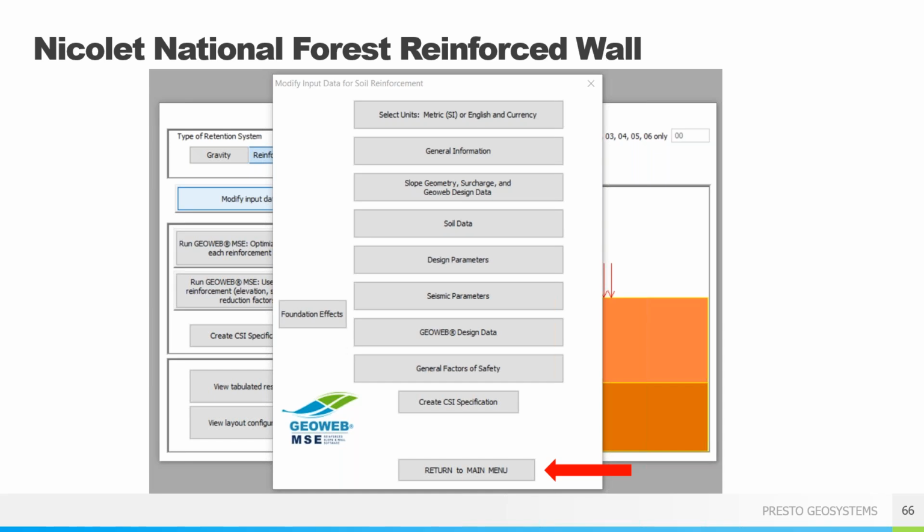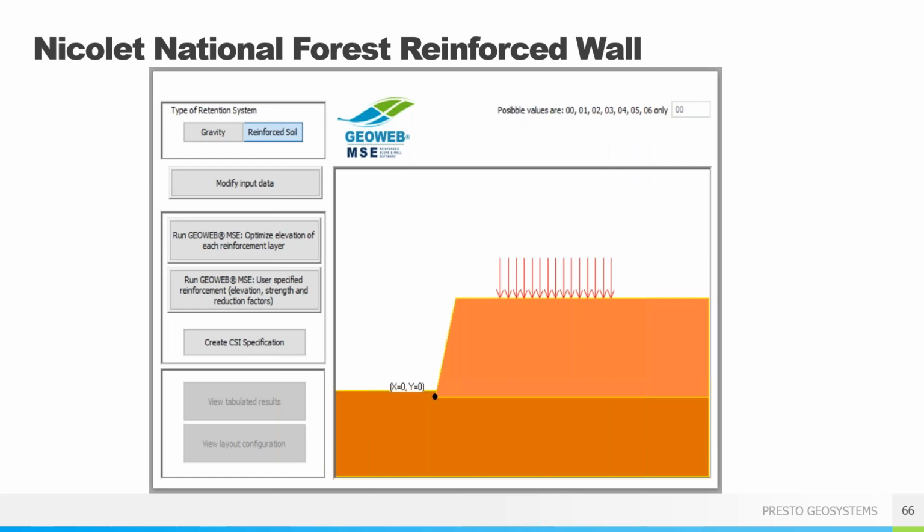So we've gotten through everything. We're just going to click to get back to the main screen. And here you can see the model in place, and you're ready to run the analysis. The first option, just click that tab. The second option lets you manually place each geogrid layer. I would highly recommend not that.